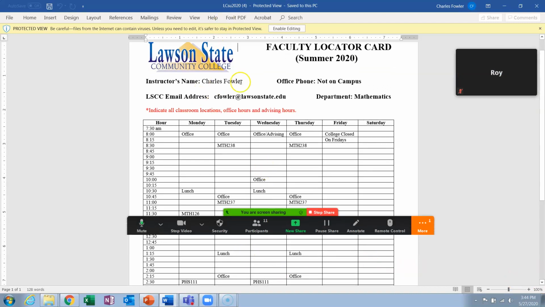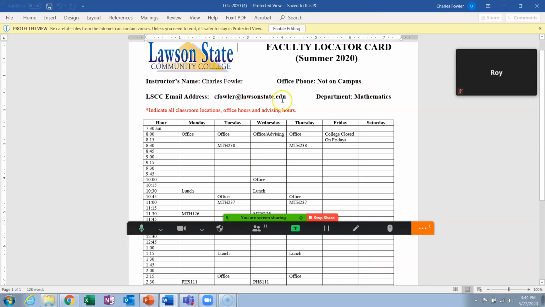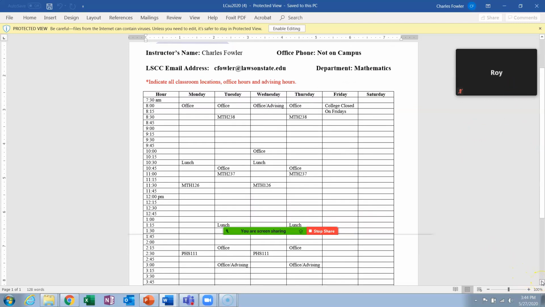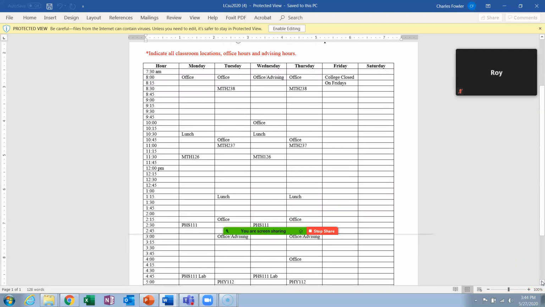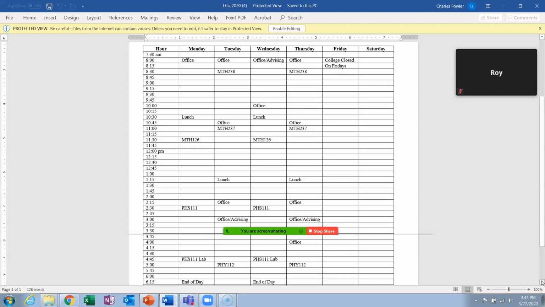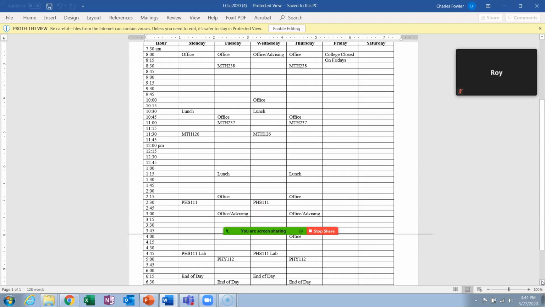My name's still the same. I have no office phone. My email account's still the same. I will be answering emails as I can. I'm in charge of mathematics. This course, I probably should change this and make it for natural sciences, but you understand. It's the same for whatever. Okay, my department is mathematics. So let me get down so you can see my whole week at one fell sweep here. There, we can see it all.